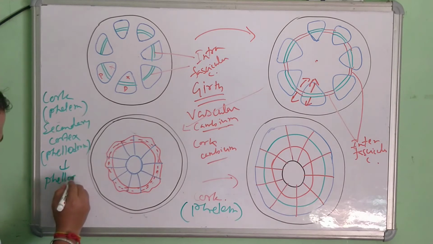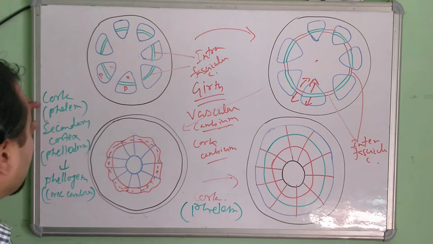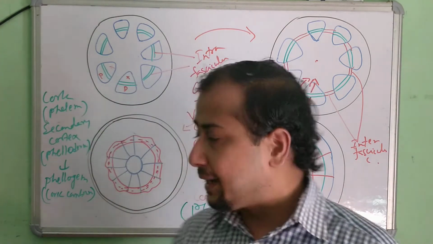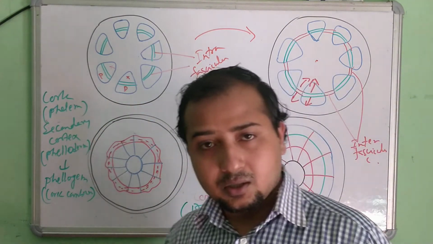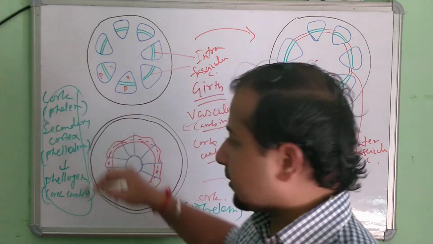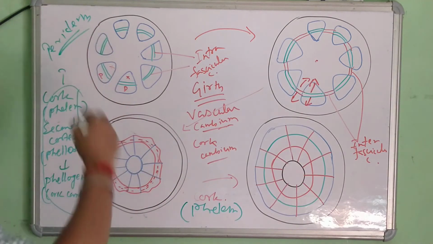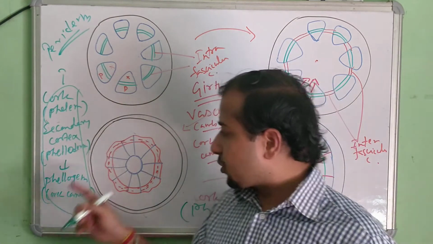Okay, now the cork and this cortex, these two layers together are known as phellogen. That is the cork cambium. So the cork cambium develops the cork and the secondary cortex, phellem and phelloderm, and that forms the phellogen, that is the cork cambium. Okay. Now all these three layers, if I consider them as three separate layers, phellem, phelloderm and phellogen, okay, these three layers together are known as periderm, which forms the outer layer. Okay, so this is the cork cambium part.